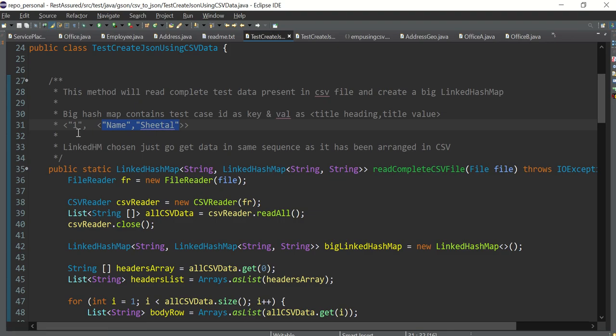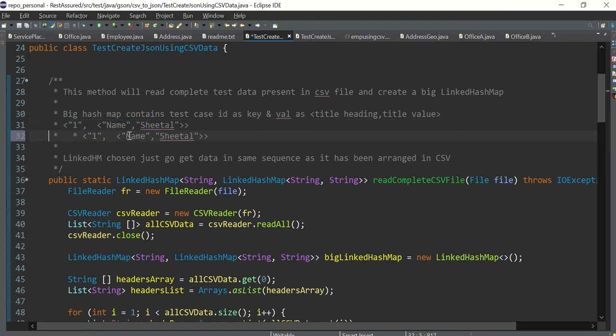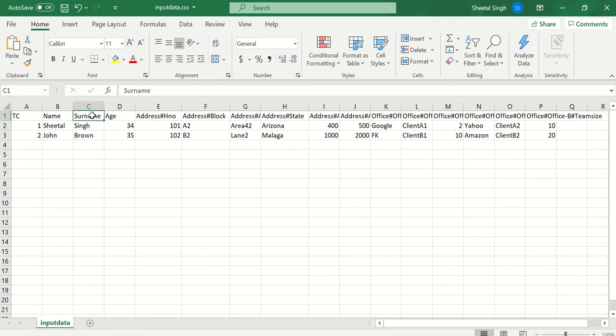And the second entry will be similar to this. Let me show you. In the second entry, the key will be 2, serial number 2, and again it's a map, right? The inner one is again a map, so it is again a key-value pair. Here the next key will be surname, right?